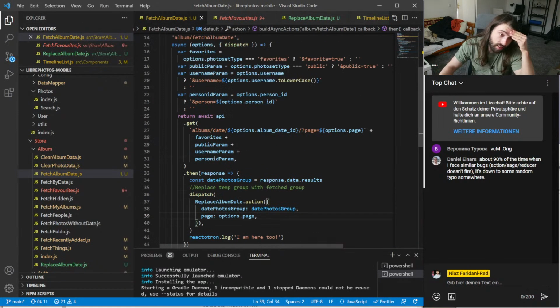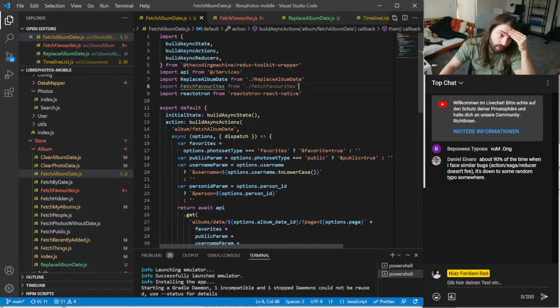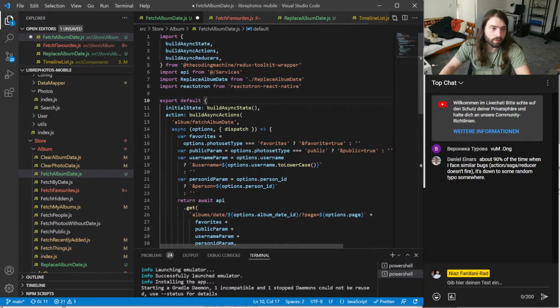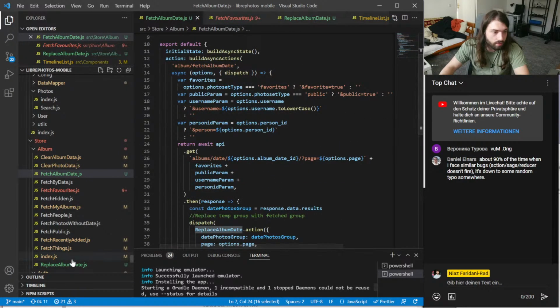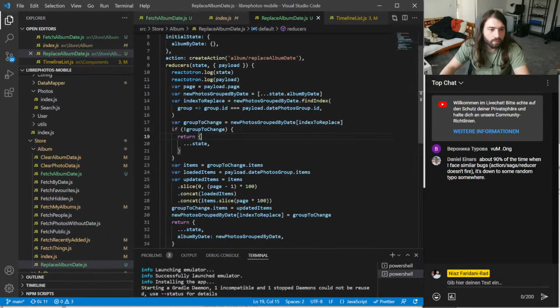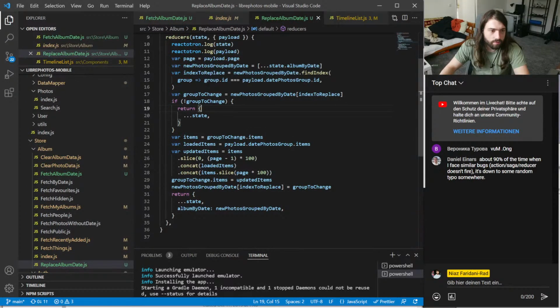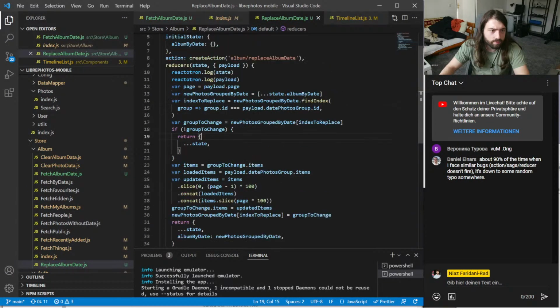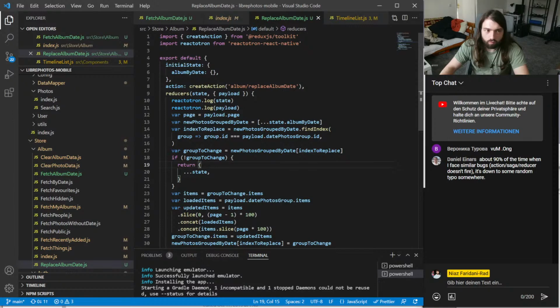So regular events fire, but that does not fire. So let's check out typos. Replace album date. Save. So that's definitely a thing. If you would go to the reducer, that would be so great, but no.